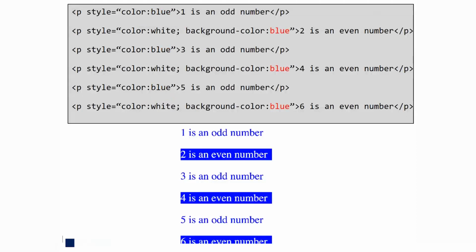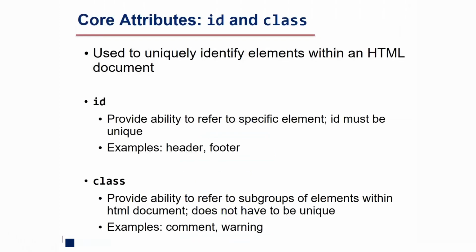Likewise, if I wanted to change the background color for the even numbers, for instance from blue to green, I would have to go and change that in every single place. And that sort of seems repetitive, and maybe there's a more graceful way where I would only have to change it in one place and not have to change it every single place. And so in that case, we're going to use two other important attributes of an HTML tag or element, which